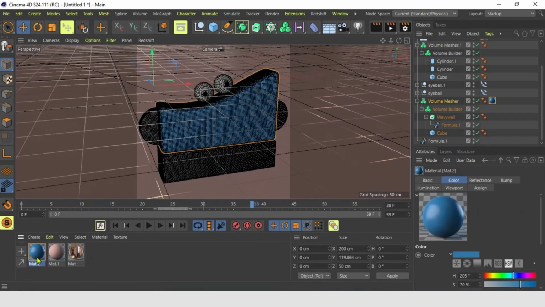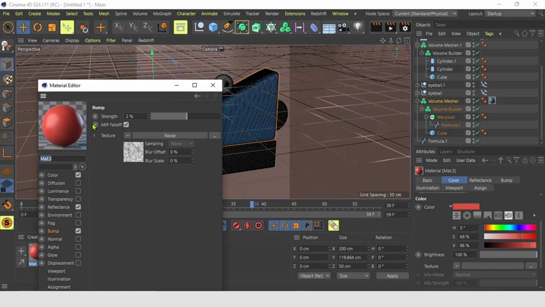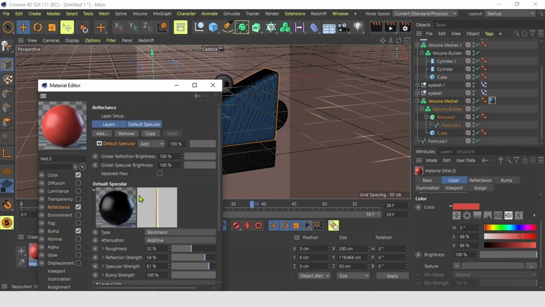And the next thing we do, we copy this and we choose a red color for our mouth. Okay, nice red pinkish color, a reflection. Now let's go a bit shinier again.